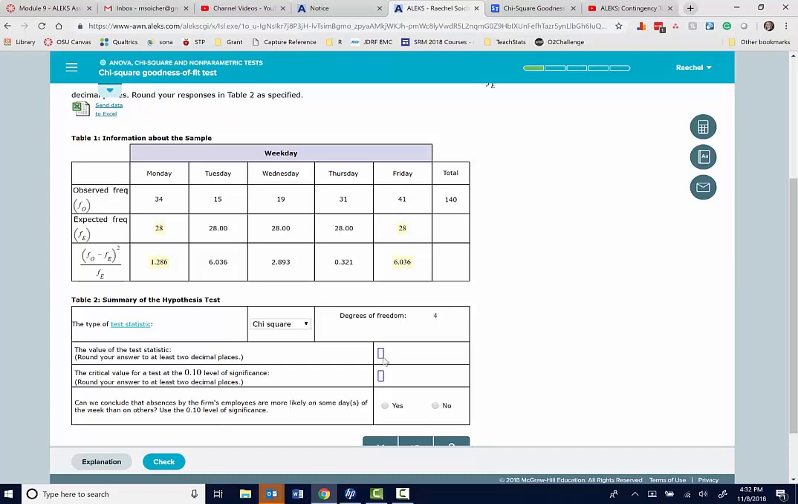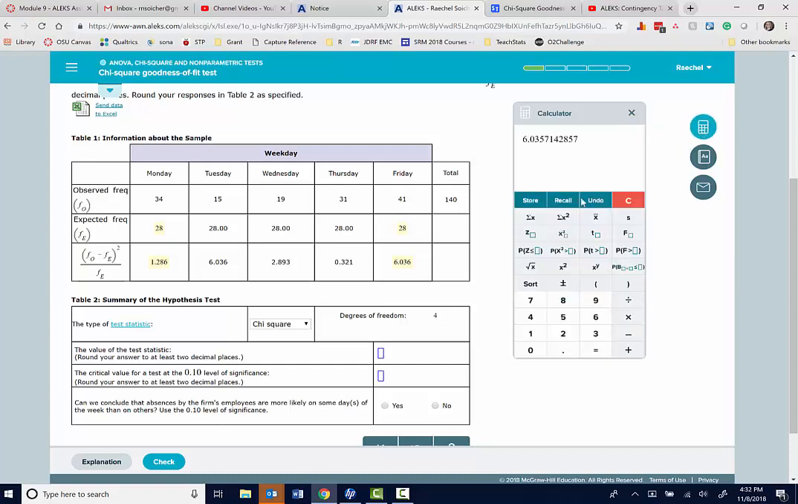And we have to calculate the test statistic, but actually that's pretty easy in the problems on ALEKS. We just need to add up all of the values in this bottom row of table 1. So 1.286 plus 6.036 plus 2.893 plus 0.321 plus 6.036 is going to be 16.572, and it says to go to 2 decimal places only, so